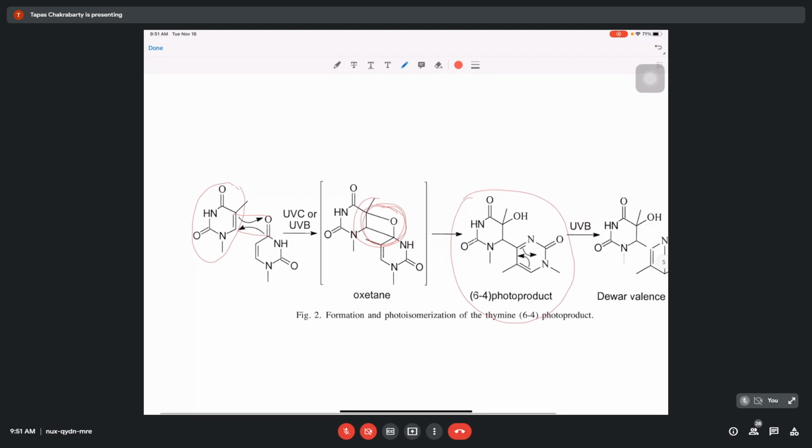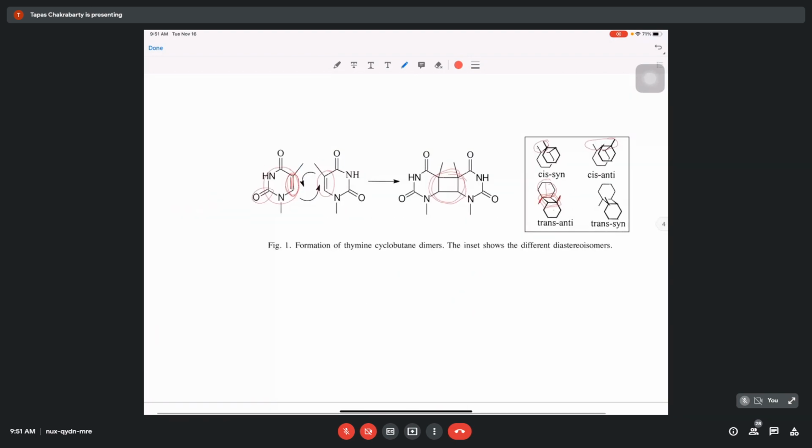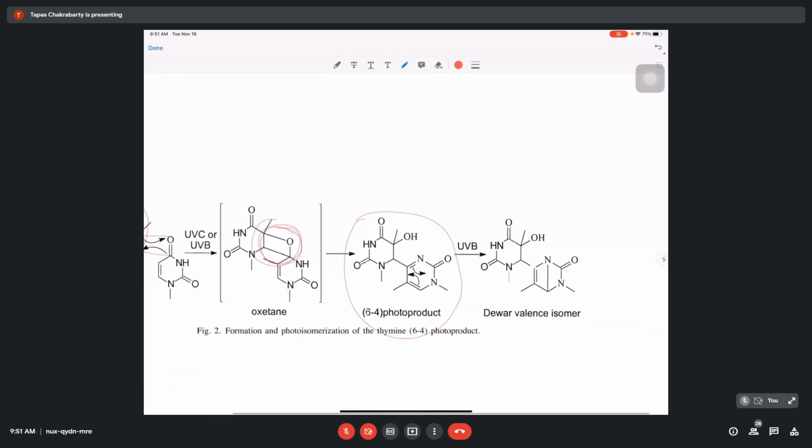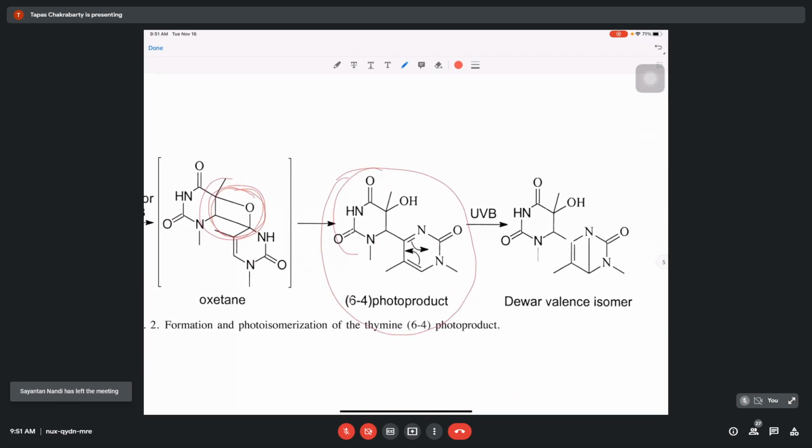So you see two types of dimerization here. In this case, a cyclobutane ring has been produced. But in the other form of the dimerization reaction, this part remains more or less intact. Only here you had a double bond, but instead of the double bond you have this OH group incorporated. So it means this has been produced by the isomerization of this. Isomerization means that if you break this bond, then this oxygen becomes free.